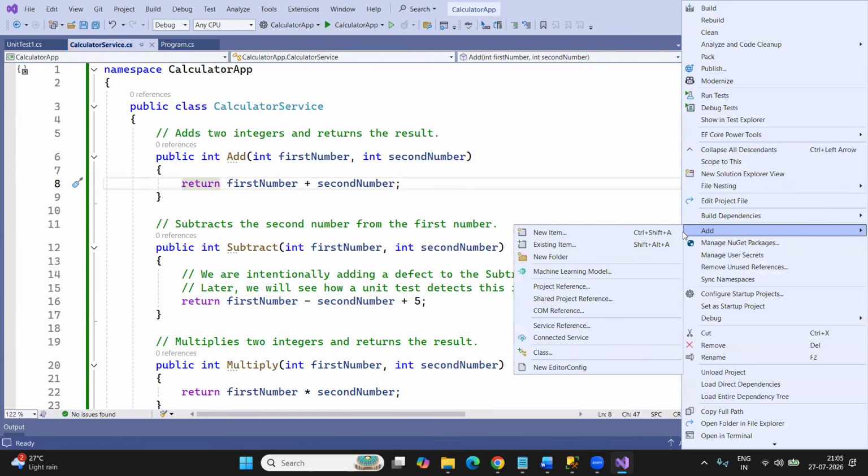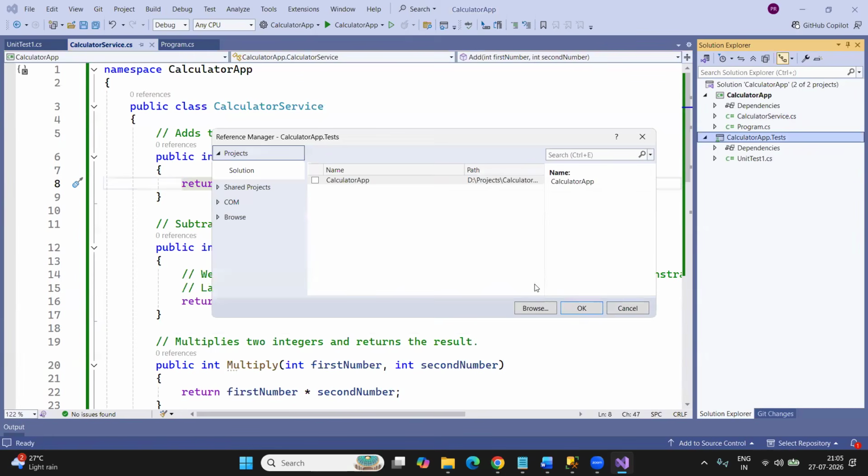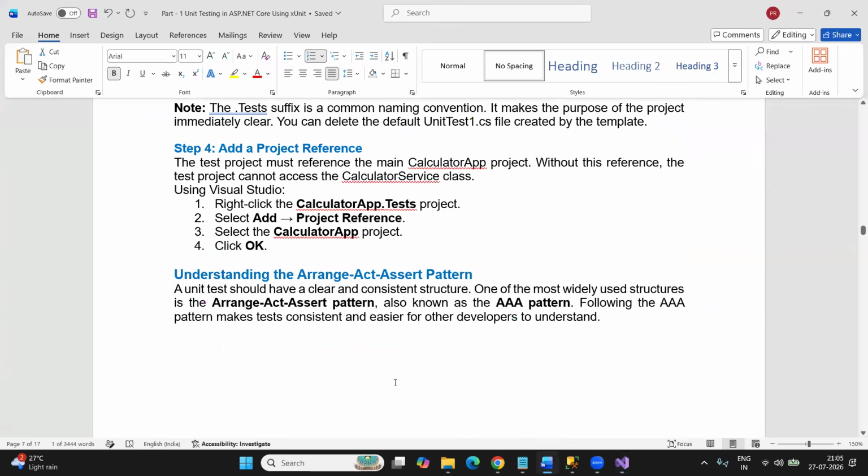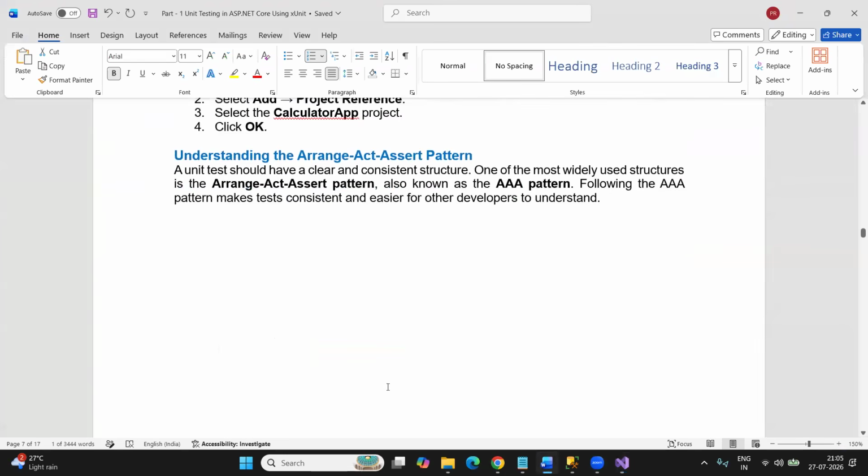Add, right, and here you can see project reference. Select the calculator app and click on the add button. So once you click on this one, now from this project I can access the public class and whatever the public method within that class from this project. That's fine. Now, before proceeding further and writing unit tests, first of all we need to understand three particular terms,